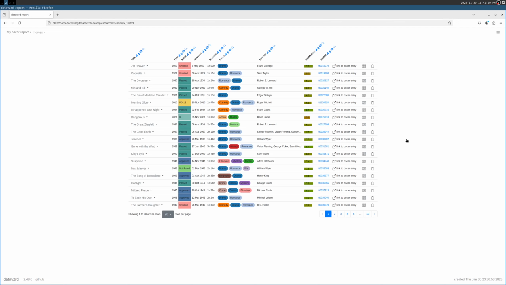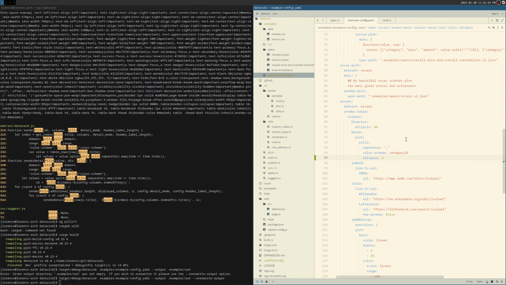Okay. Seems like it works. The local version still runs. Okay. So now we have to